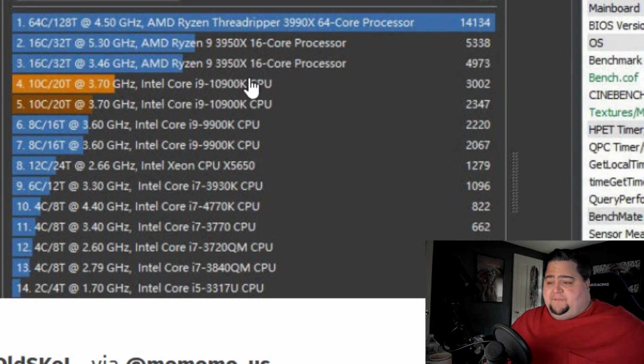So these processors are really only going to make sense for people that can make use of those extra cores and threads, and for whatever reason don't want to go out and get a Ryzen processor, as they have the 3950Xs listed here, and you could see even a stock one is getting around 5,000 CB on its score versus the 10900K overclocked at just around 3,000. So that's a considerable amount more. Granted, the 3950Xs do sell for a couple $100 more than the 10900K, but you can even grab the 12